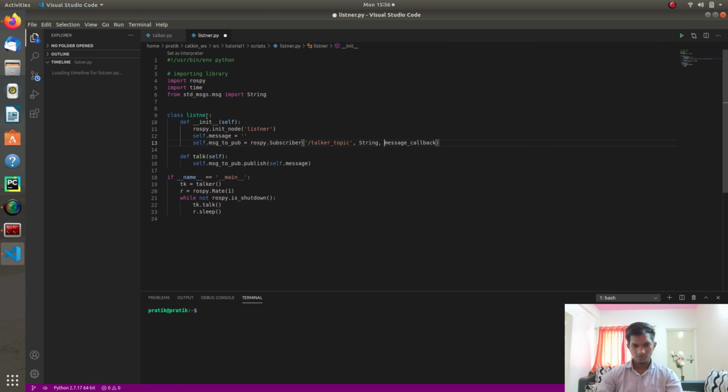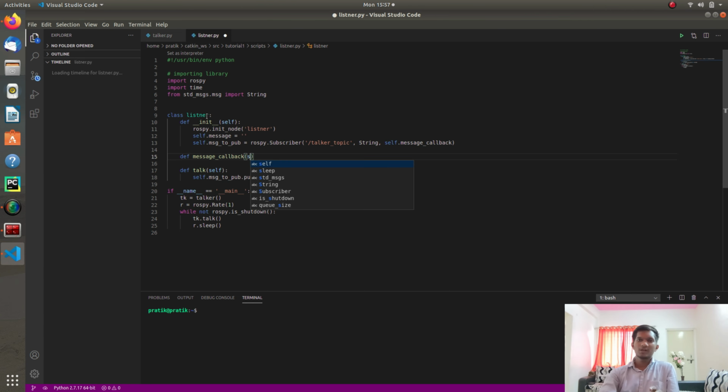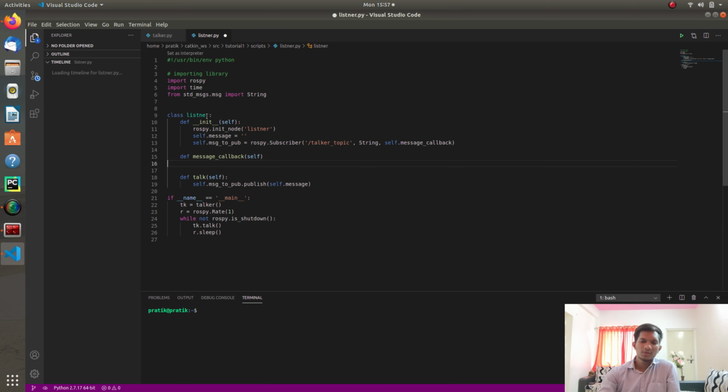So here we need to specify the callback function. Def message_callback, then self, and there will be a parameter which comes whenever there is a message available on the particular topic, Docker topic. So we'll store it in the msg variable.